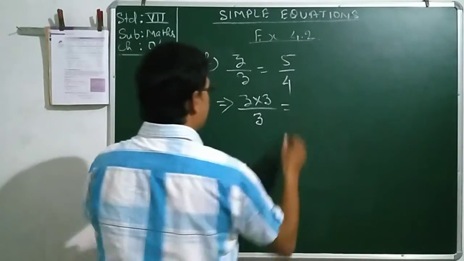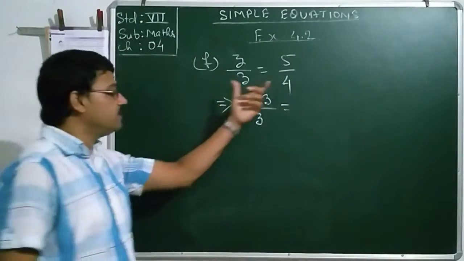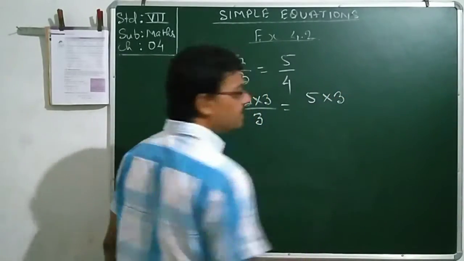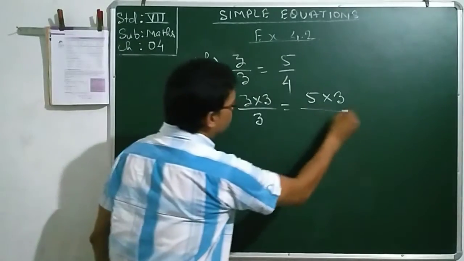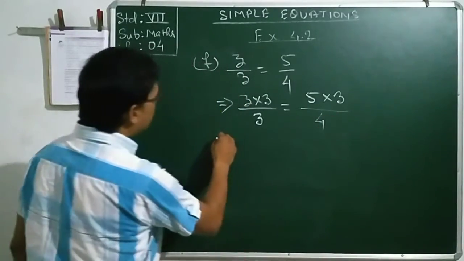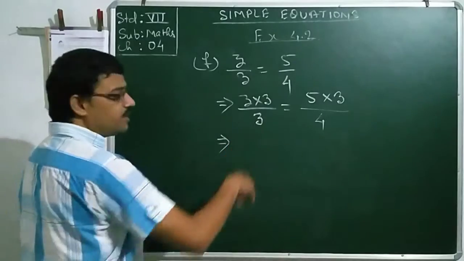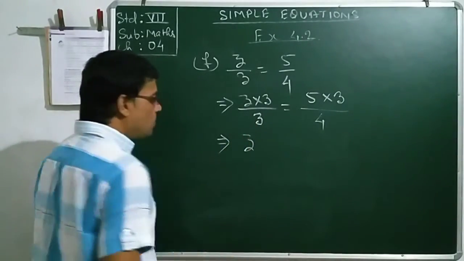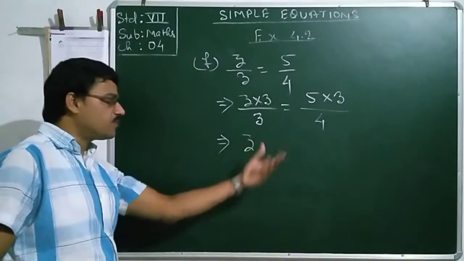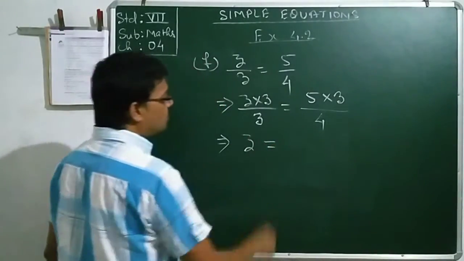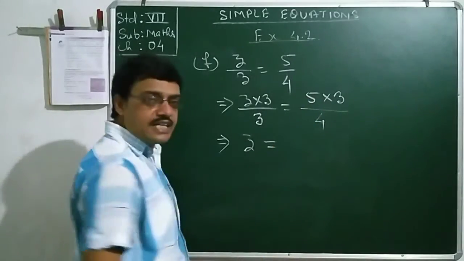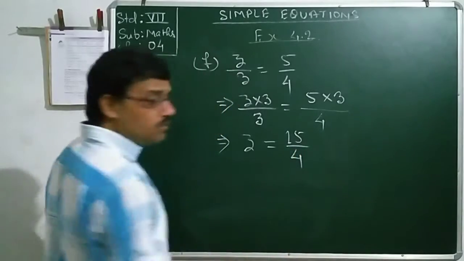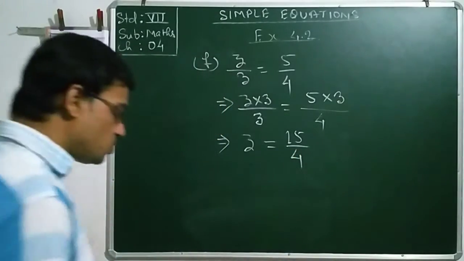equal to, as we have multiplied 3 here in the LHS, so in the RHS also we will multiply by 3 by 4. Now find out the value. 3 by 3, that is 1. z into 1 equal to z. We got the z separated from the constant terms, equal to 5 into 3, that is 15, and it's 15 by 4. Similarly, you will solve the remaining sums of 2 number also.